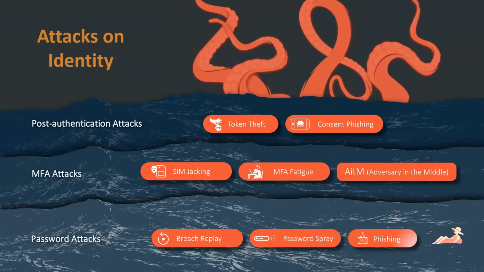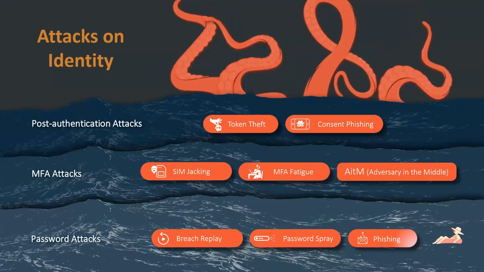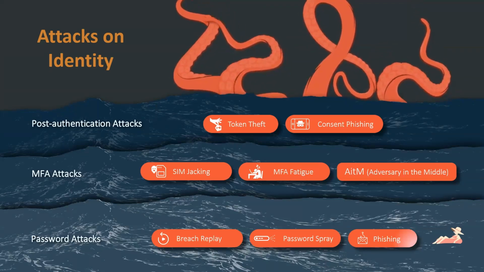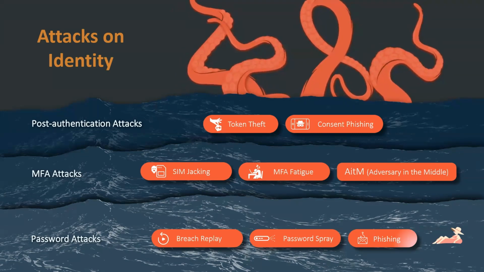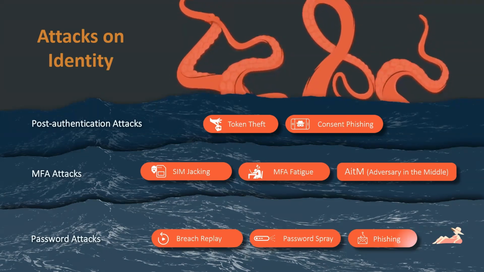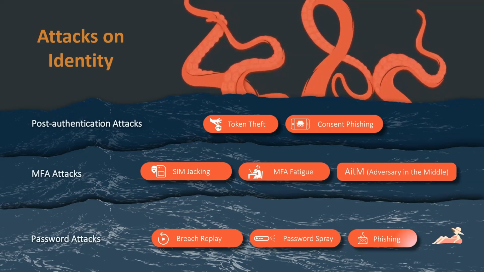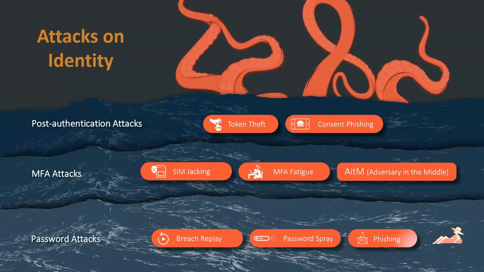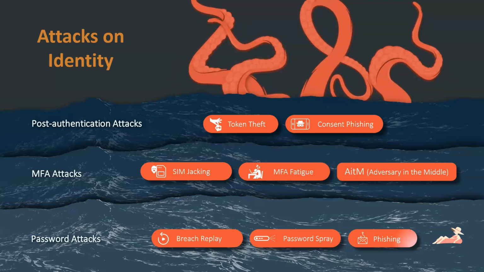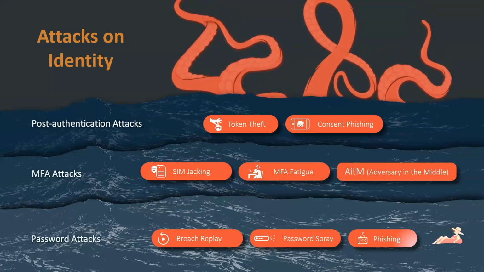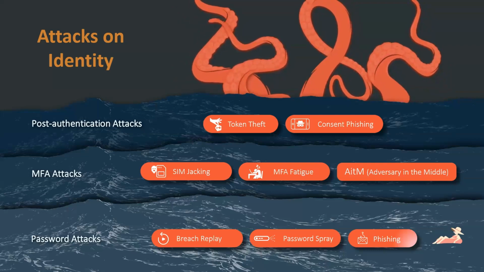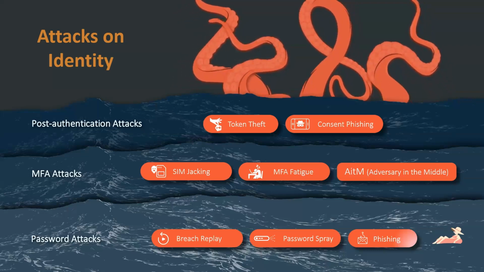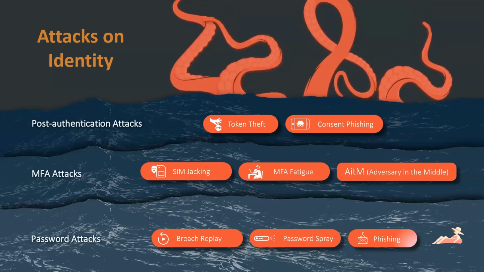Consent phishing is something we're going to give a functional example of later, but that's a malicious technique where an attacker tricks a user into granting application permissions inside your tenant. And there's a lot of havoc that can be wreaked there as well. We don't see SIM jacking much, so I'm going to sail by that. MFA fatigue is well known. Maybe you got someone's username and password off of the dark web. They're reusing their passwords, and you basically keep hitting them with MFA requests until they hit yes.